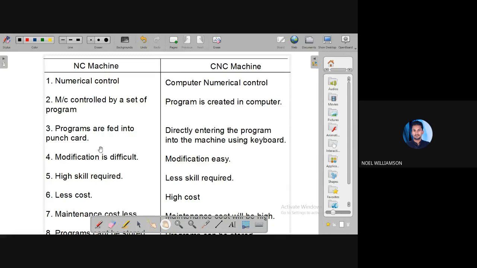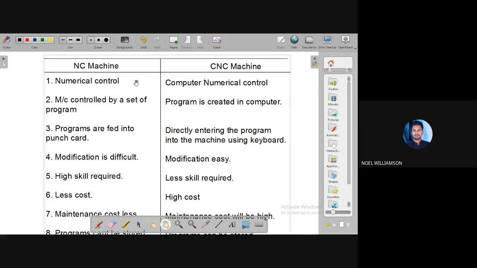Or you can use modeling software to develop the program, and that can be incorporated into the CNC machine. That's another advantage. Using AutoCAD drawings, etc., you can generate the codes and feed them into the machine.